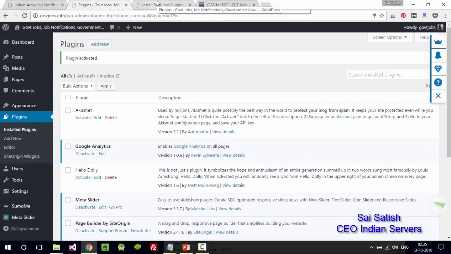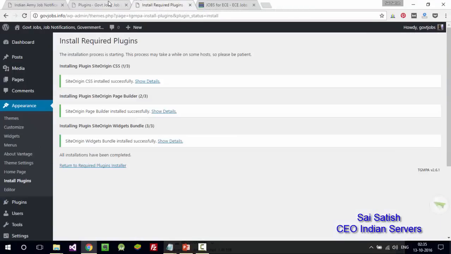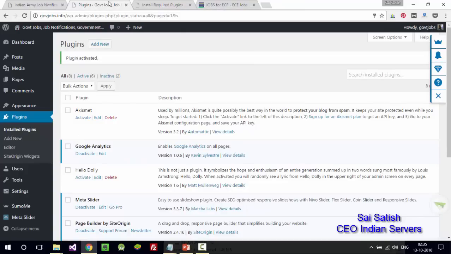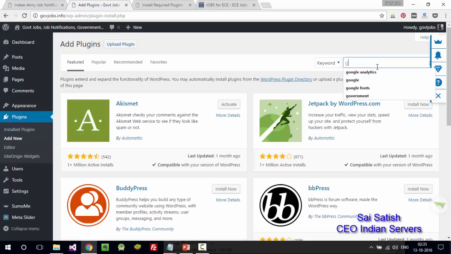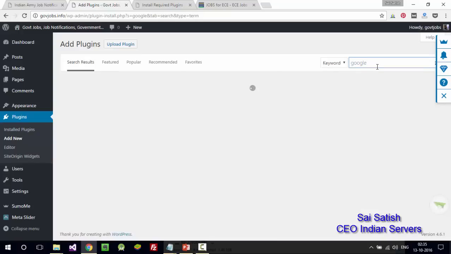The next important plugin. Now we are coming to the plugins. These plugins will help the basic WordPress website to do more operations. It's like the same engine with beautiful additional stuff for your website. The first plugin you can go ahead and use is Sumo.me. After that, install Google Analytics.